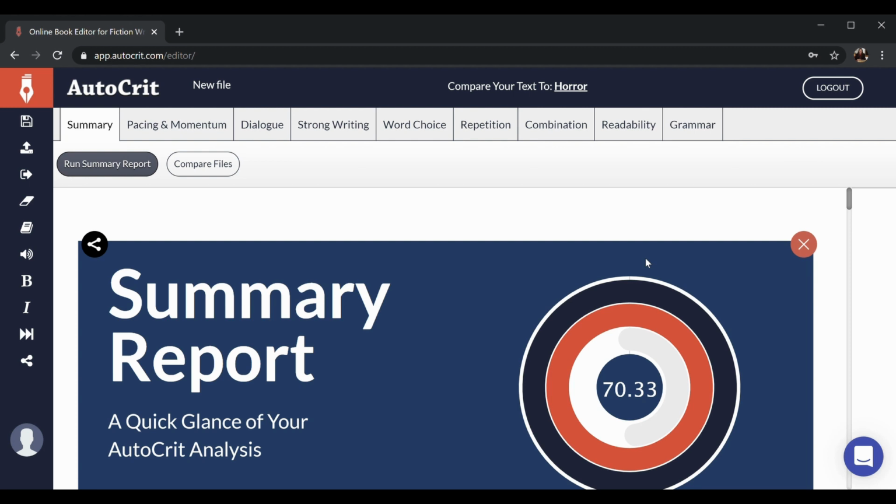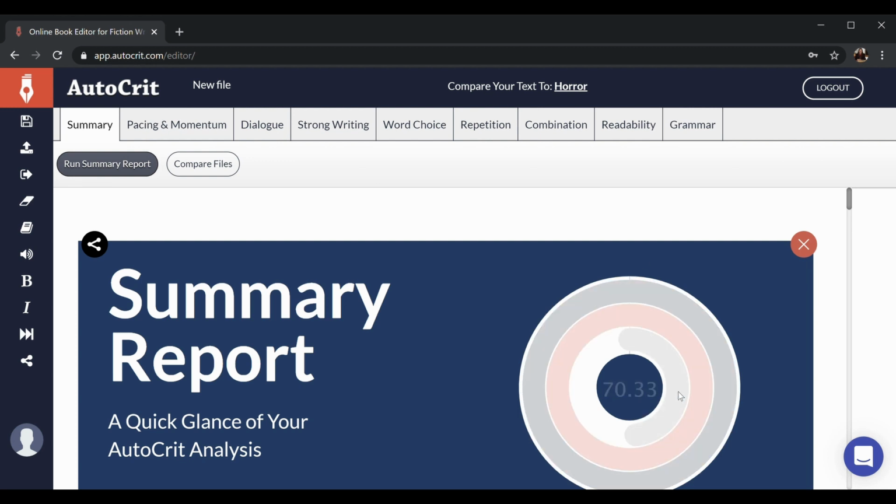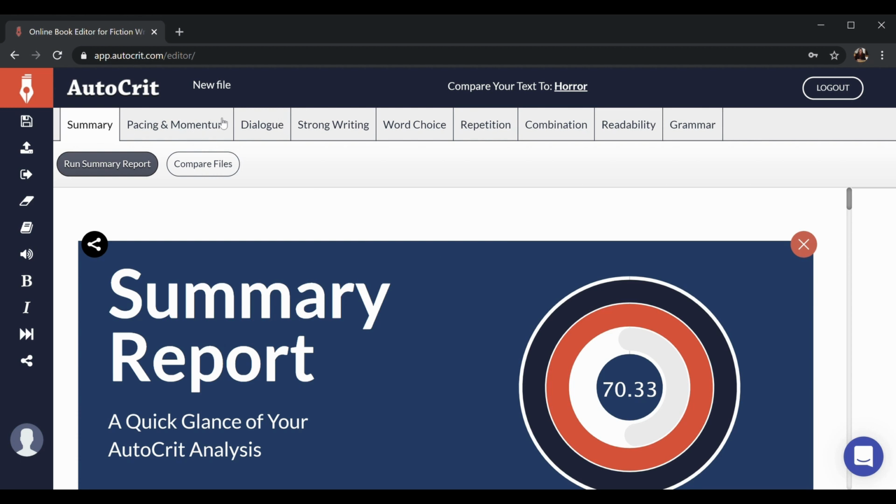For instance, many authors begin far too many sentences with he or she or a character's name, and AutoCrit will quickly identify those issues and give you an easy way to go through and check all of those and change as many of them as you need to. And presumably, as you get some editing done, your score will go up. The way I have been using it is, in fact, just that way.